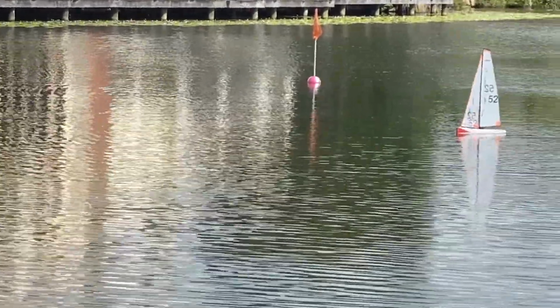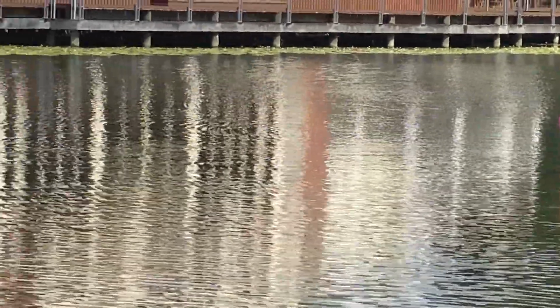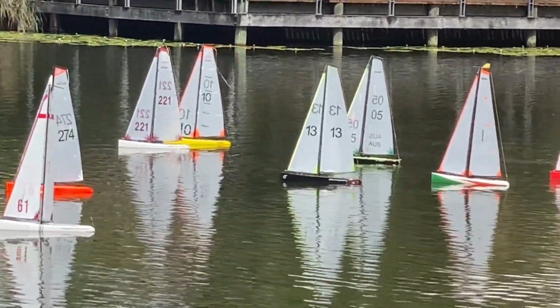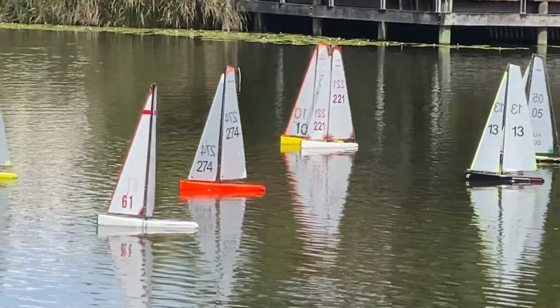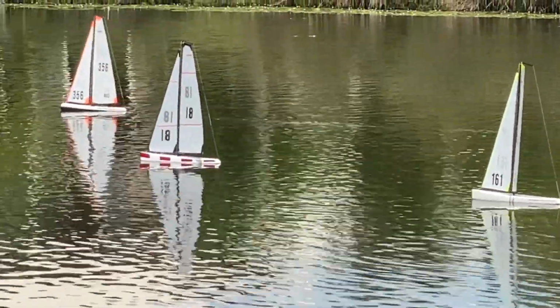Tuning and trimming your sails is critical. You can see 52 back there at the rear end of the fleet at the moment, and we've got right up here at the front end of the fleet. Well, there's 10 underneath going through. She's sailing freely and loosely. That's the one on the far side going around the fleet. And we've got right up the front here